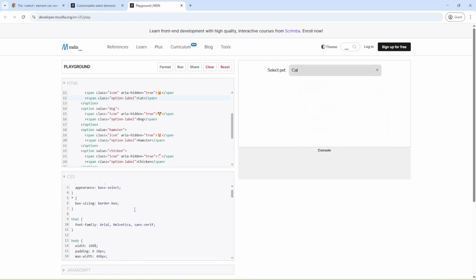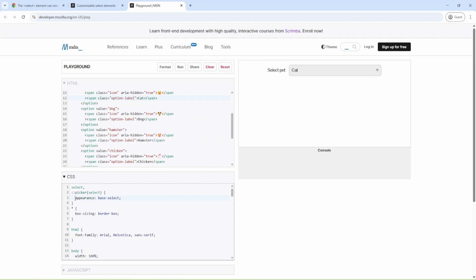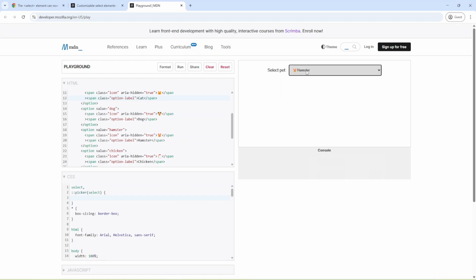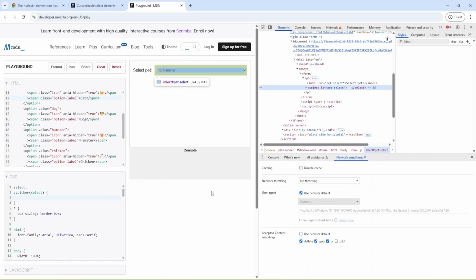Okay, and let me remove this appearance: base-select and let's see. As you can see, the styles changed, and let me inspect them.